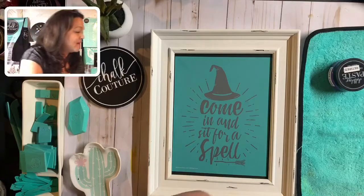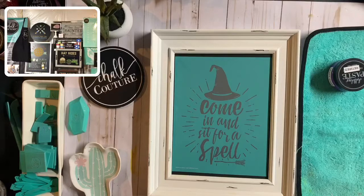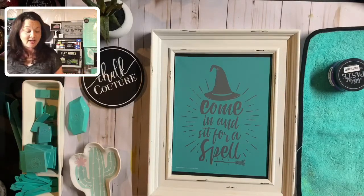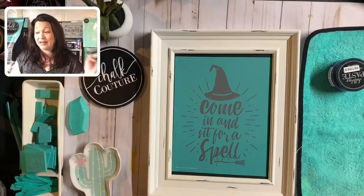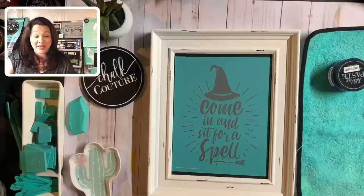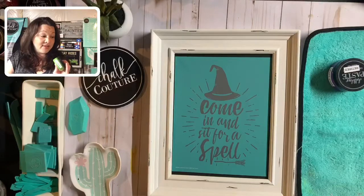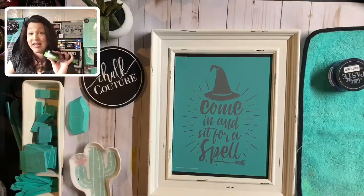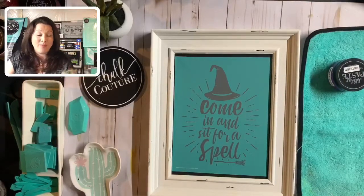So I was thinking about using parakeet, but then I kind of feel like I'm using so many colors that you guys cannot get. Parakeet is now discontinued. It was one of our En Vogue colors for the last catalog. So En Vogue means that they are just for that catalog. They come out with 5 colors each catalog. It's still available online. Like I can still get this for you, but you're gonna wanna run